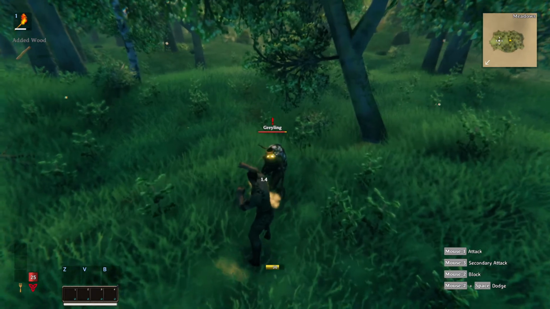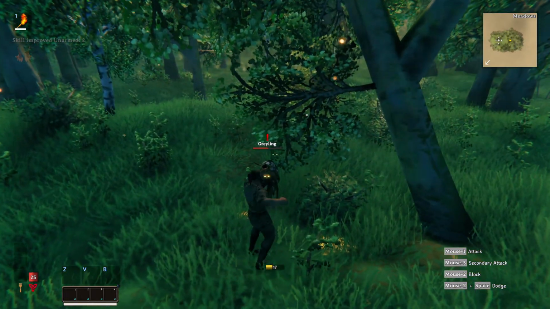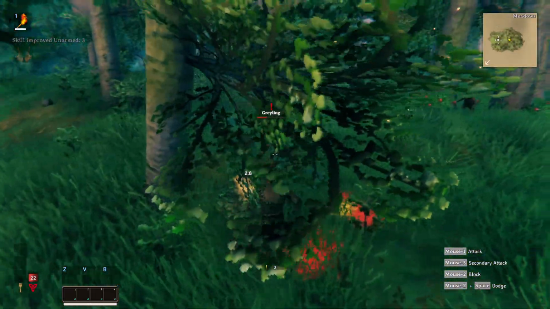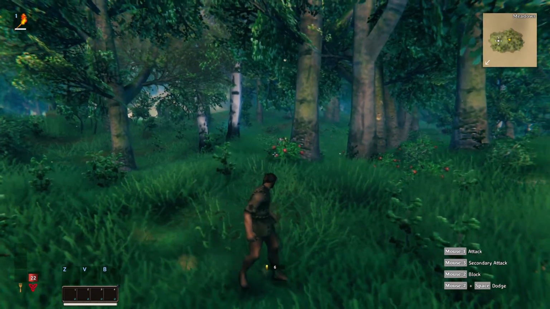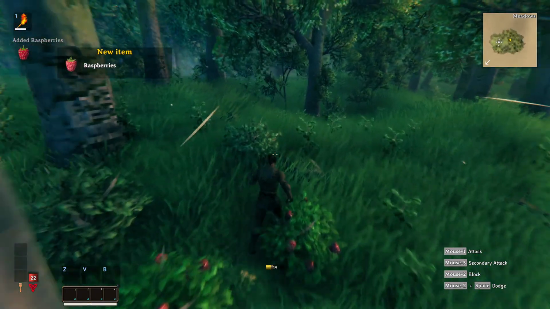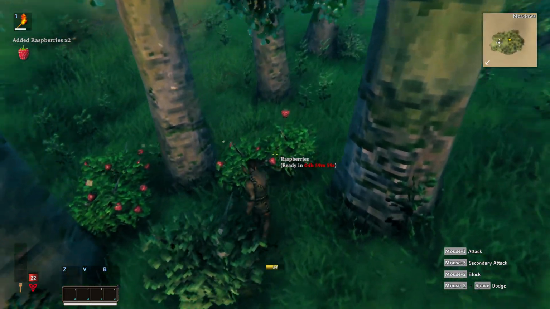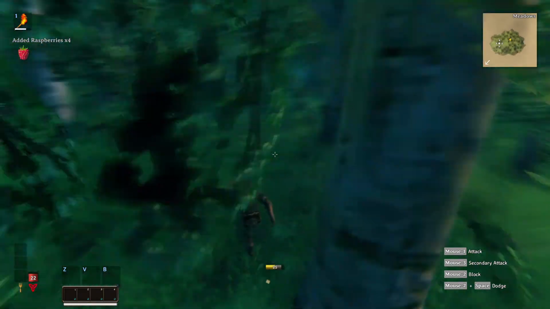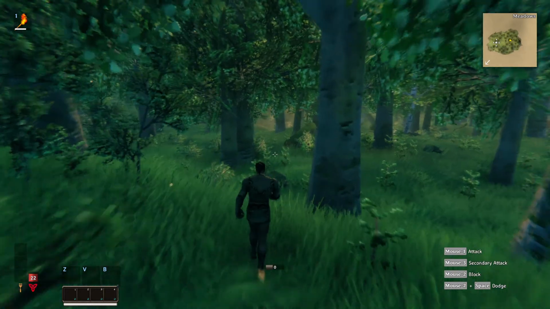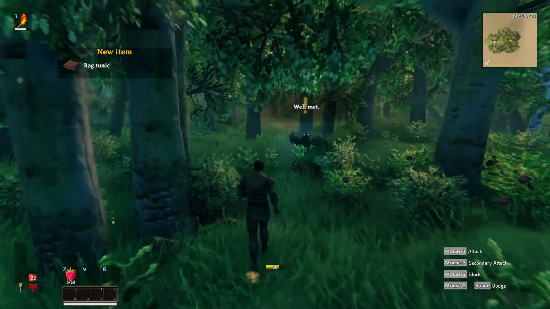That's why I kind of want to just get a club quickly, because going around fist fighting is not the greatest. As you can see, we're getting surrounded by enemies there. Actually got some berries, because in this game food is very important when it comes to your stamina and health. So it's always important to have food available. So I'm not gonna waste my time fighting with those, but I'm gonna take some berries and we're gonna eat